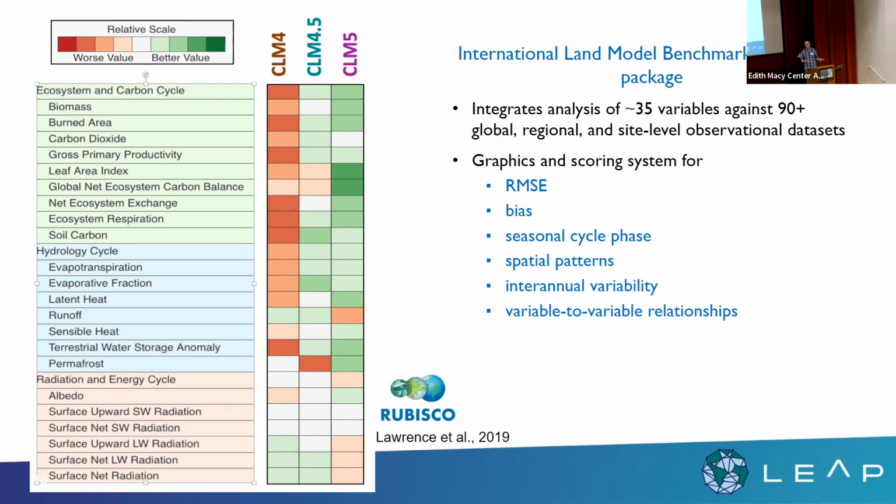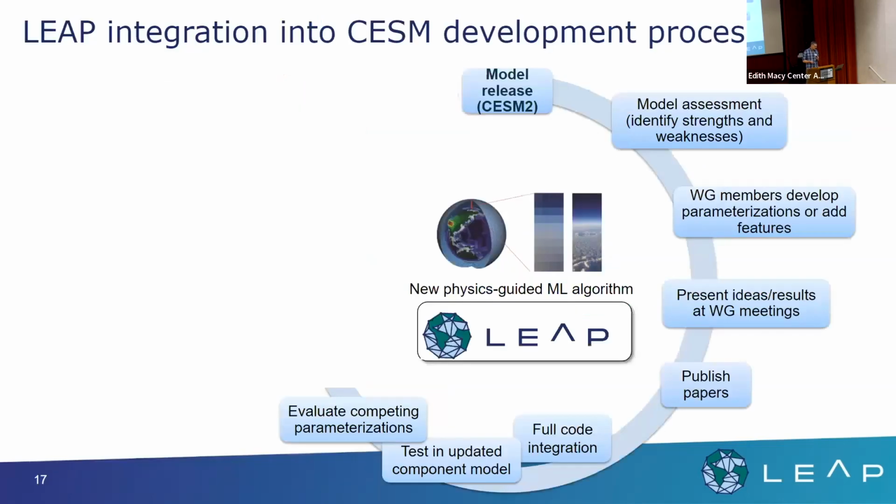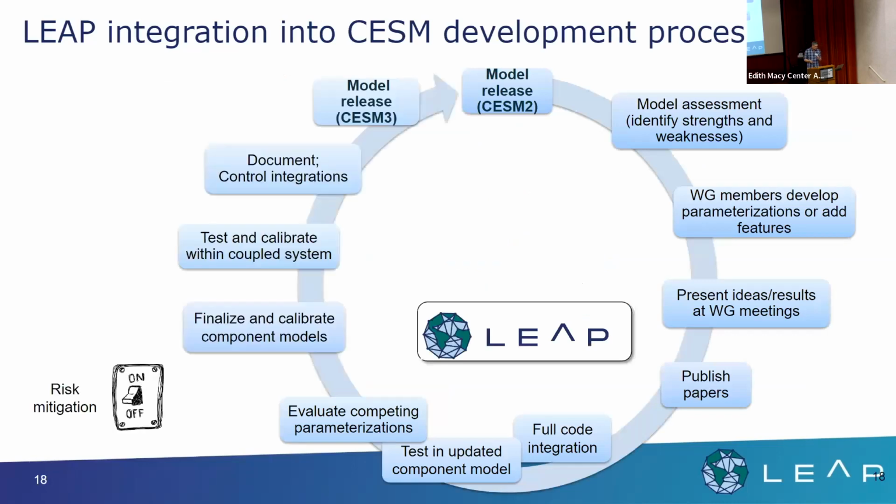There's a huge amount of information embedded below this, and it's an interactive website when you run this online. And what you see is it's gone mostly from red to green, which is a good sign that the model has improved when you're evaluating all these different quantities. So that's one way we try to evaluate these models, with these big standardized metric packages. And each working group and model component will be doing this process, sort of continually over the period of 3 to 4 years.